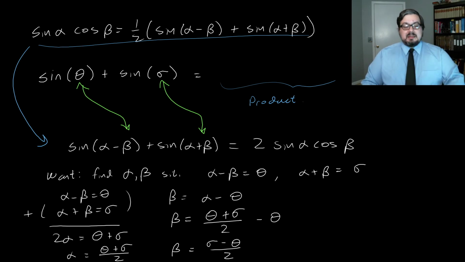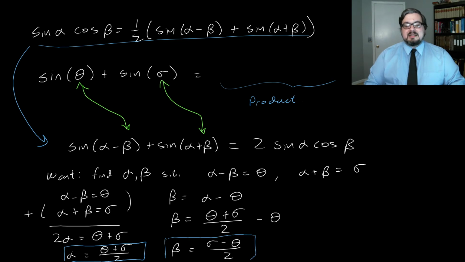So, if we have alpha being theta plus sigma over 2 and beta being sigma minus theta over 2, then we have that sine of alpha